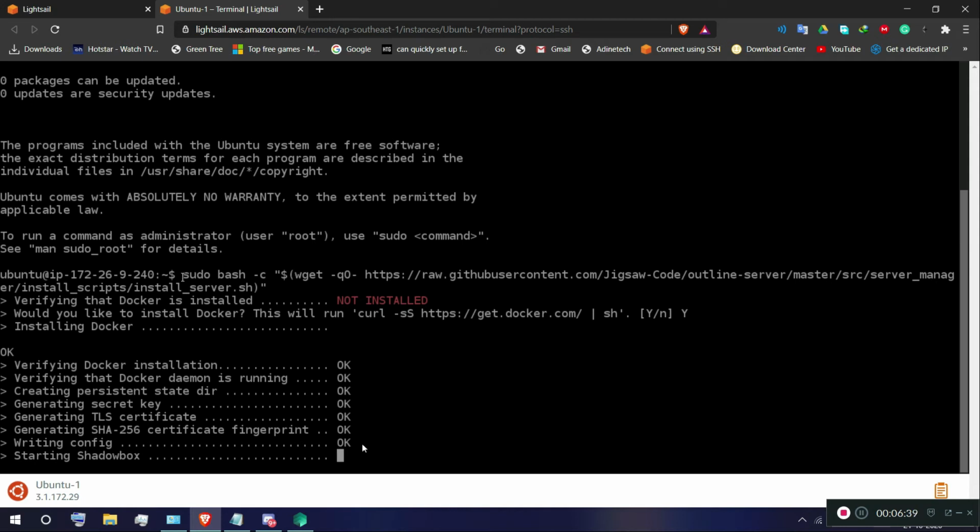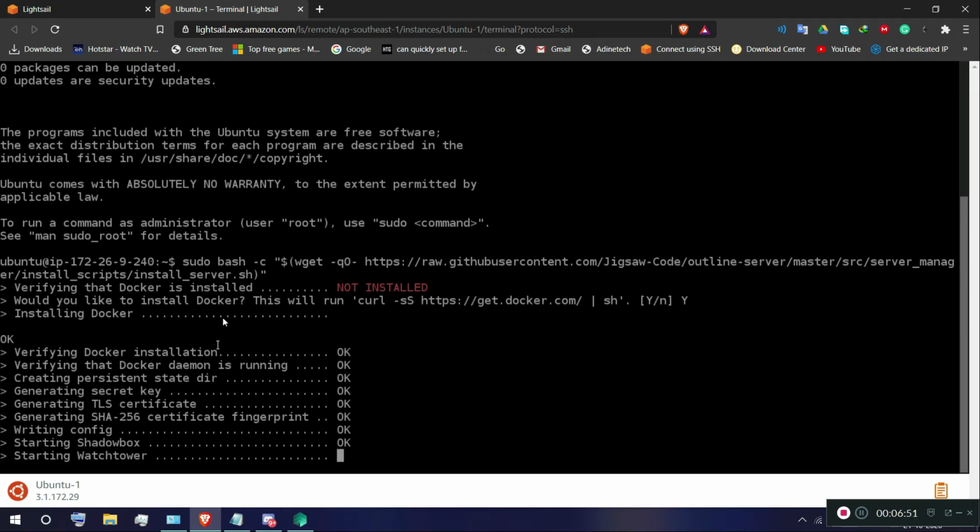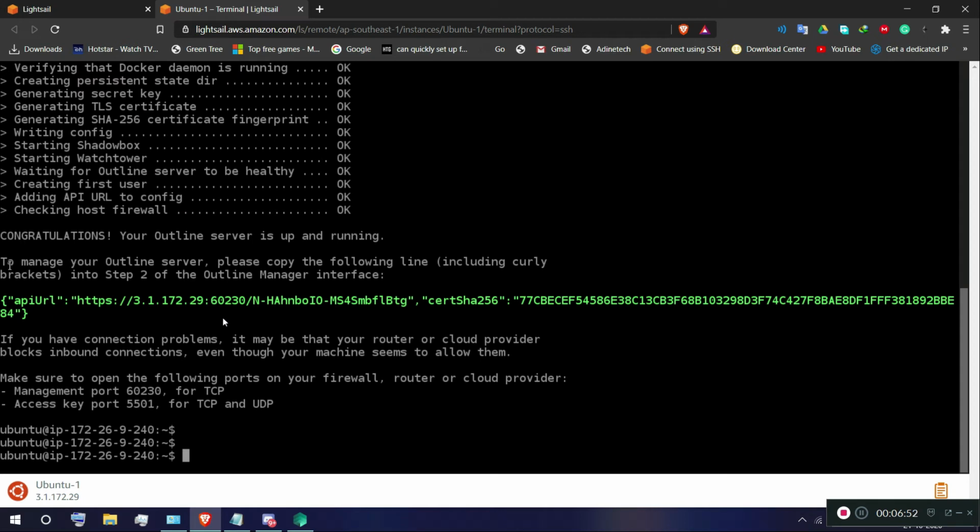Now this copied and pasted command is downloading Docker, installing and extracting it. Let's wait and see what will happen. Okay, now done.